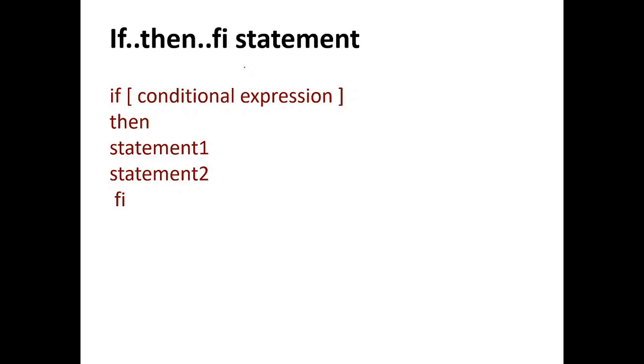In Unix Linux, the conditional statement is used in this way. You need to use the if keyword, and then the condition you need to write in square brackets. The condition should be written in square brackets, and there must be a space here, and then a set of statements, and you end the if condition with fi. If this condition is true, then it is going to execute the set of statements. If the condition is false, it is not going to execute this set of statements. Whichever is the next line, that part will get executed.